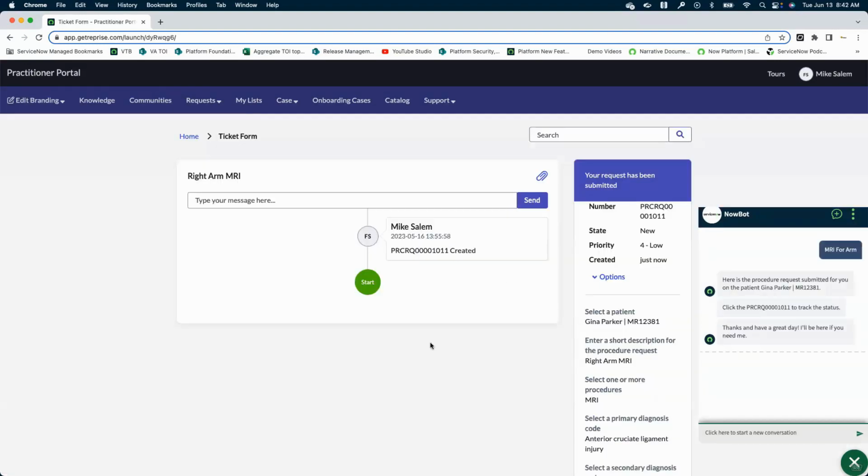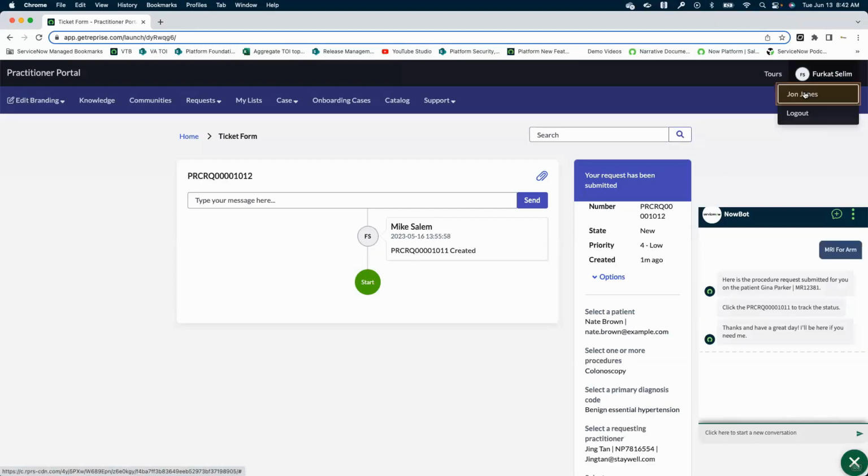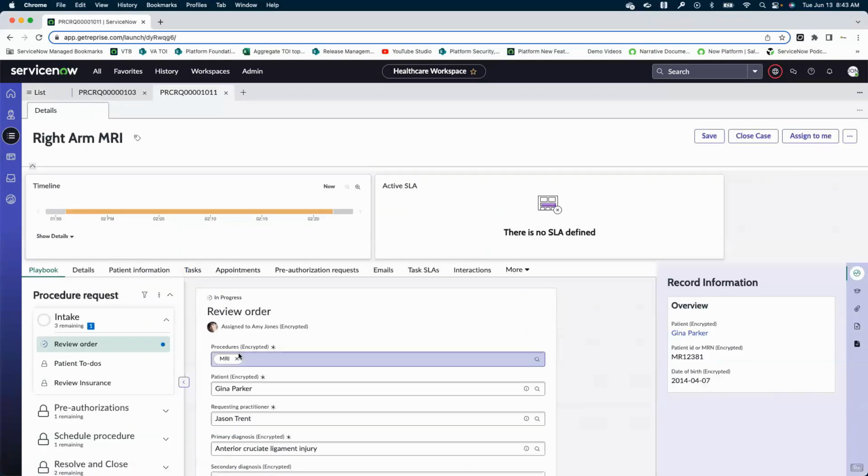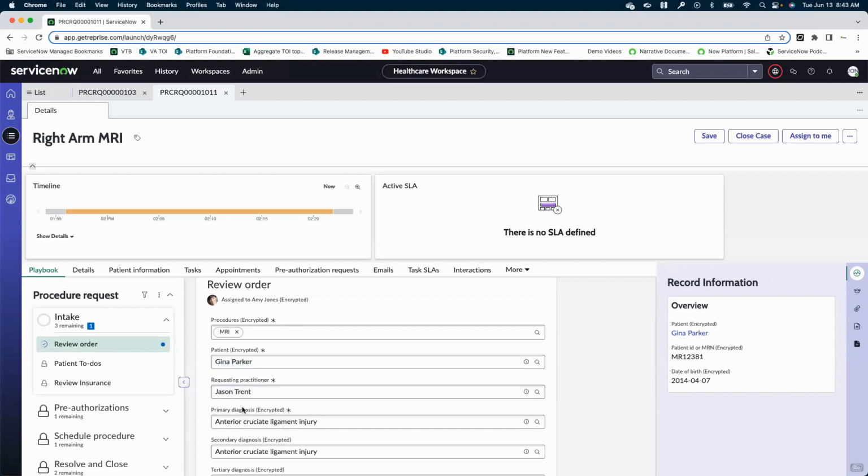Now Mike can see the request is already processed, and now it will pass it over to another persona called John. Now I'll switch persona. Here's John's workspace, as he's a scheduler. He needs to make sure that all the cases are created with the statuses as well as some other detailed information. Since John is working in a space where he can be exposed to a lot of PHI data, as you can see, there's a procedure, the patient, a requesting practitioner, and primary diagnosis,